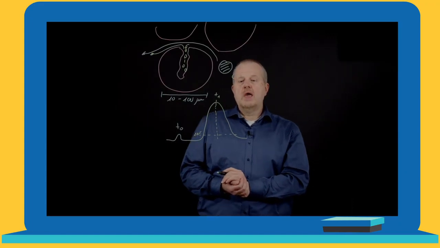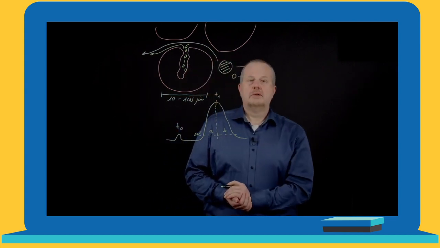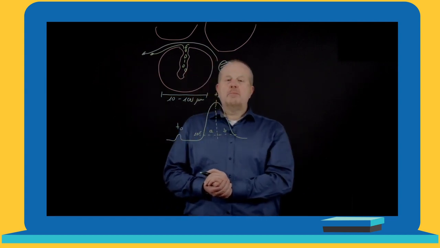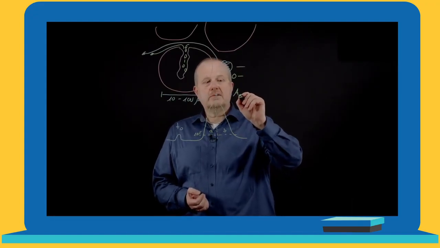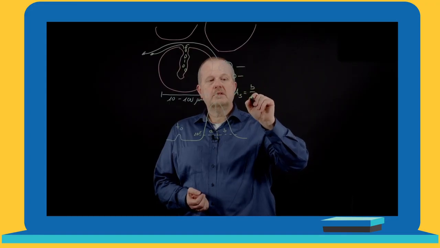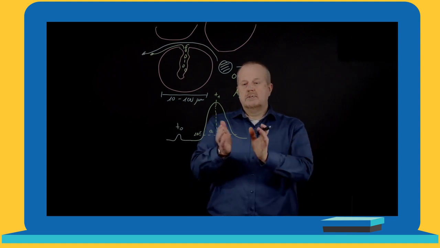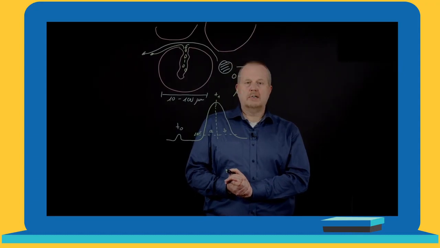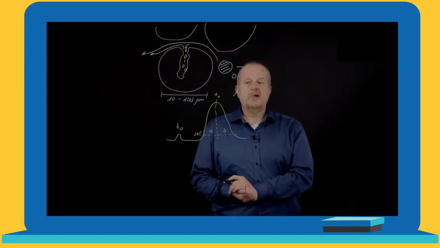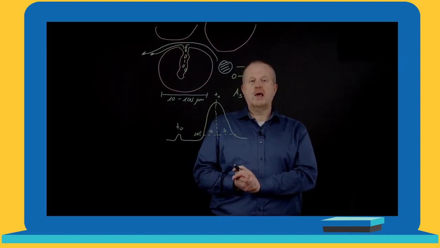Now we have a look at this peak shape. For that, we divide our peak into two parts, and we look here at 10% of the height of the peak. And we see that the two parts of our peak, A and B, are not equal. This is summarized by what is called the asymmetry of a peak, AS. And AS is simply B divided by A. So if both parts of the chromatogram are the same, B equals A, we have an asymmetry of 1. And the value of 1 is the most perfect value of a well-packed column